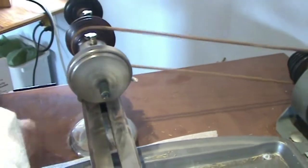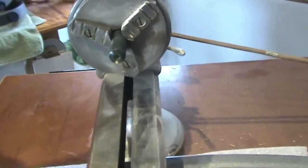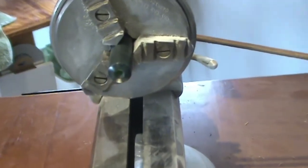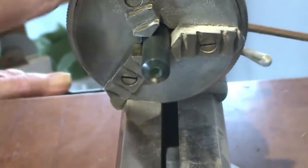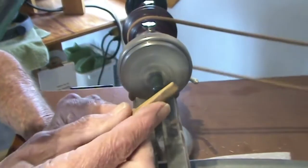I'll go ahead and wipe it while it breaks. And you think after all the years I was a machinist, I'd remember to keep my fingers away from these spinning parts. But